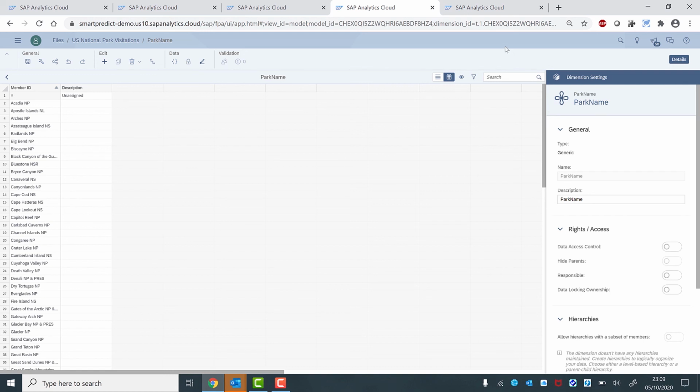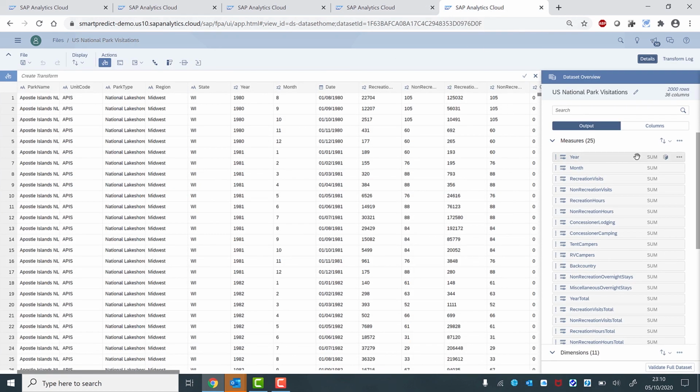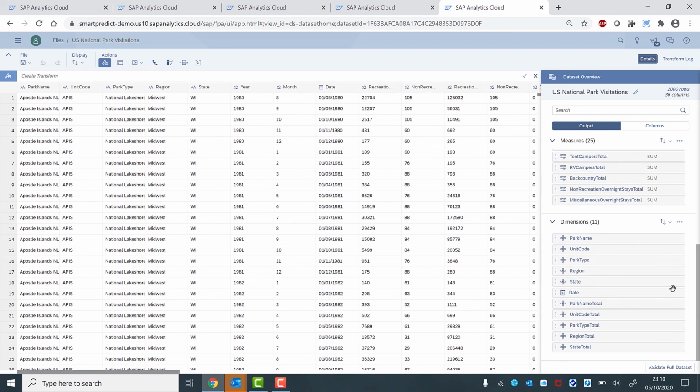Now I want to take a step back. As part of this end-to-end demo or workflow, I created this planning model by using a dataset as a source. The sequence I took for the demo was to import the data as a dataset, create a planning model on top of this dataset, then use predictive planning, the predictive capabilities, and make all of that part of my story. I can show you this dataset. I could have performed lightweight wrangling operations, like creating the date, and then all my different measures and dimensions that I categorized as part of the dataset,